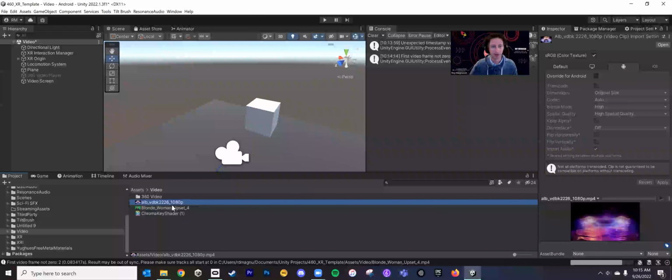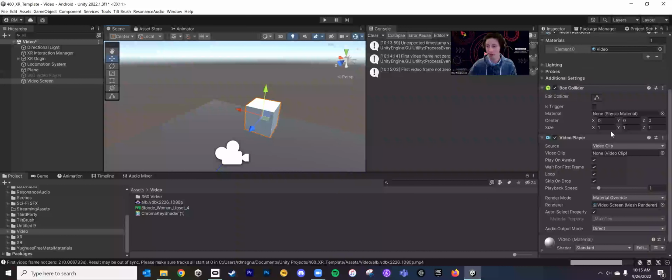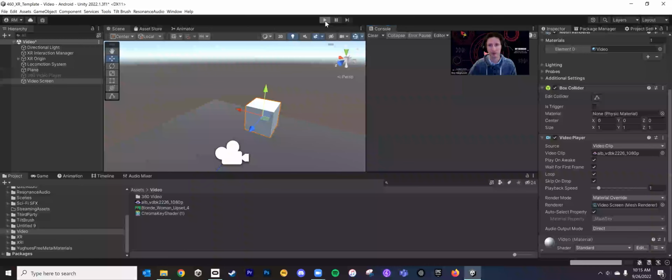But I'm gonna grab this one. I just downloaded this abstract sort of animation by using the internet and Googling it. And all I'm going to do now is associate this MP4 with this video clip. This is on my video screen over here. So boop, there we go. That's it. Okay, so now if we hit play, you should be able to see in the play view the